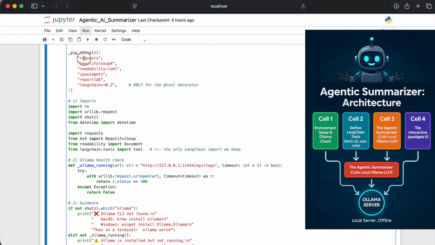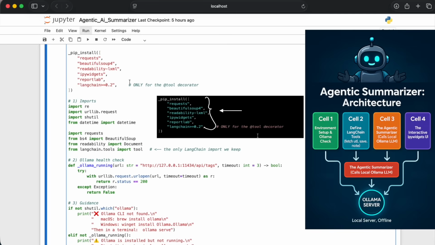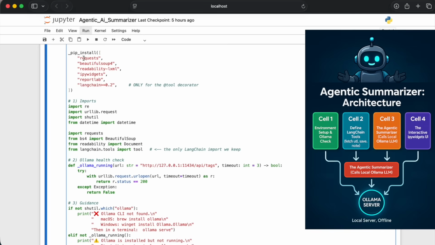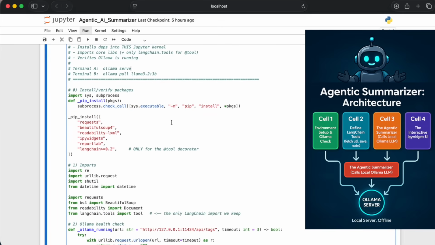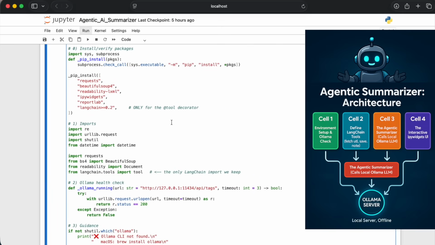So, we're pulling in several libraries here, each with a clear role. For example, requests handles the HTTP calls, both for downloading pages and talking directly to Ollama's REST API. BeautifulSoup and readability work together to clean up any messy HTML. It's really cleaning out unnecessary material like the ads, the menus, the sidebars, things that could mess with the main